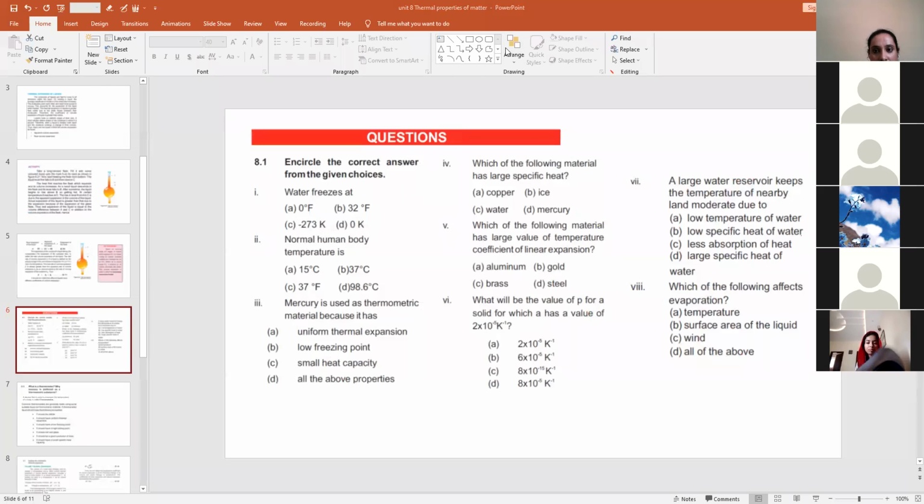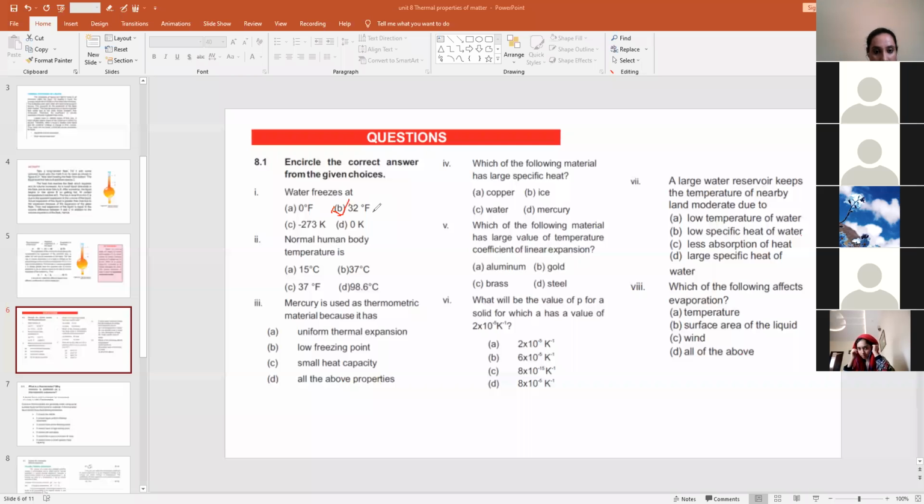Water freezes at, obviously it will not be 0 degree Fahrenheit. It will be 32 degree Fahrenheit because of the lower fixed point of the scale. This is the right option, right? Because if you see, the Celsius scale's lower fixed point is 0 degree centigrade, for Fahrenheit it is 32 degrees, and for Kelvin it is 273 Kelvin. So here the scale in the right option is given in Fahrenheit, so the right option is